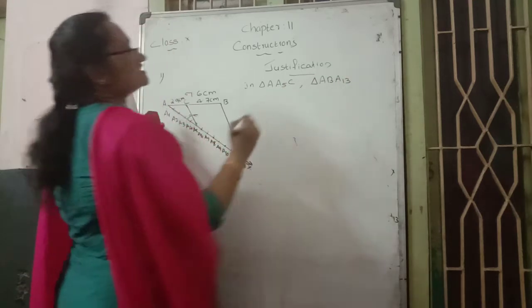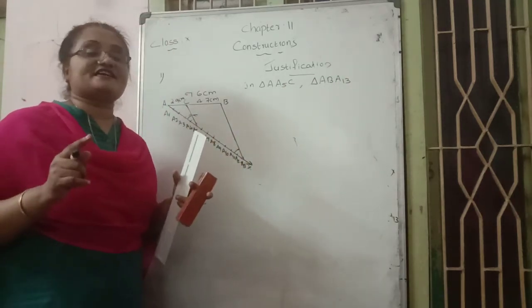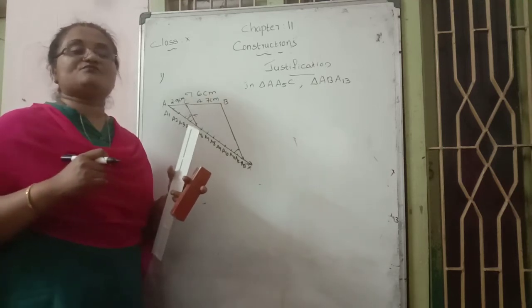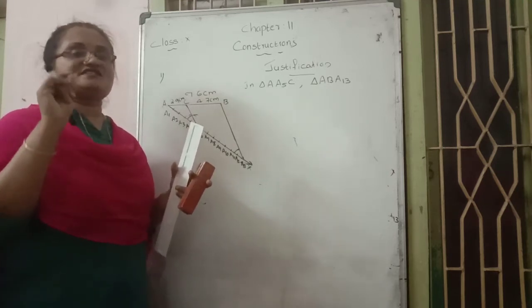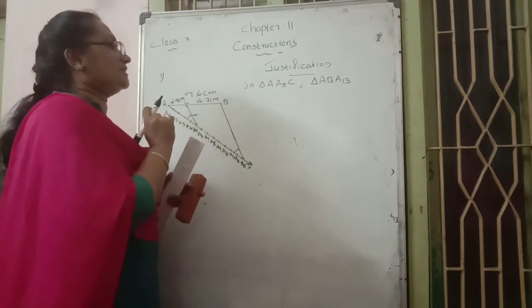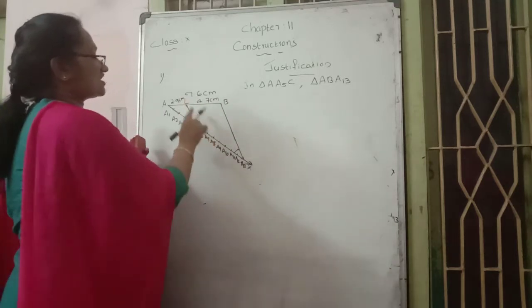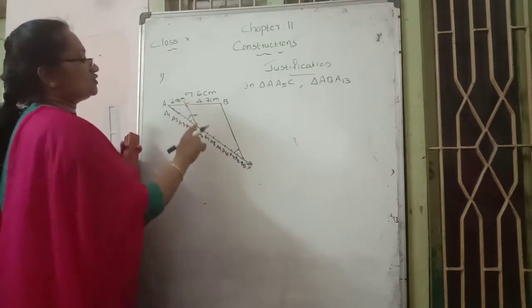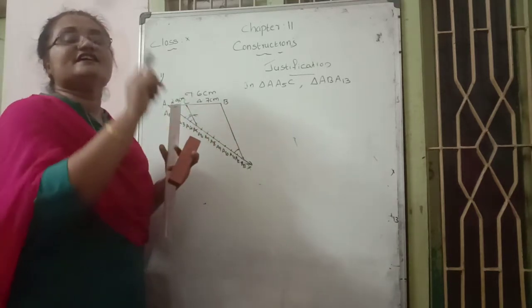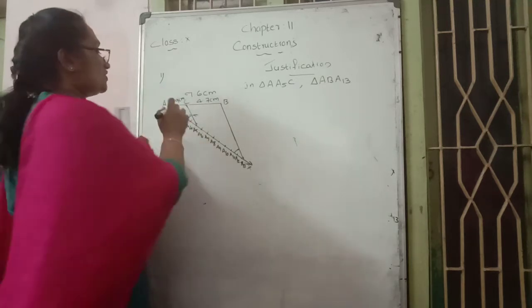A13 is our second triangle. Next chapter we are going to learn about the triangle chapter, the BPT theorem. There we can learn it. Here, you just listen, that's all. Here BPT theorem is applied. The BPT theorem says that any line drawn parallel to one side of a triangle, on the other two sides of the triangle, divides them into equal ratios.